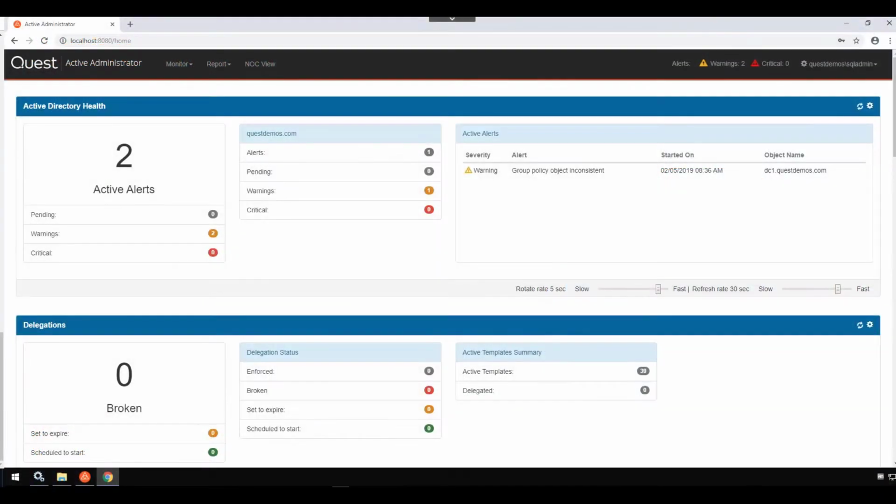demonstration. From within the web console, I'm going to go over running a few reports to show the options that you have. There are way too many reports to show them all, so this is something to play with to find out what is useful in your customers' environments. Let's start with an Active Directory health report.